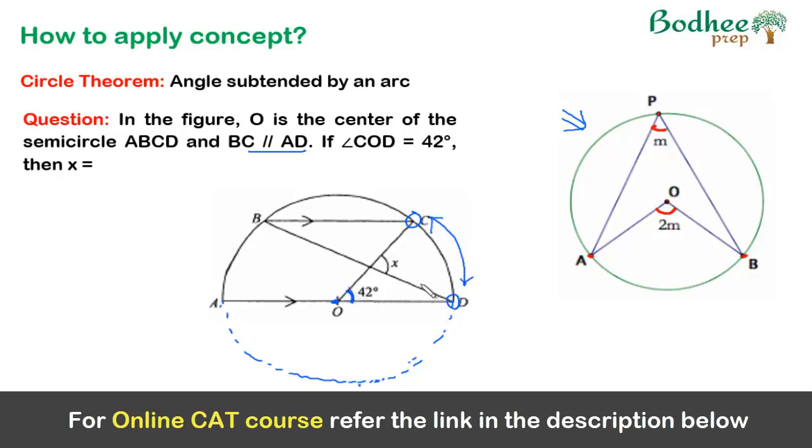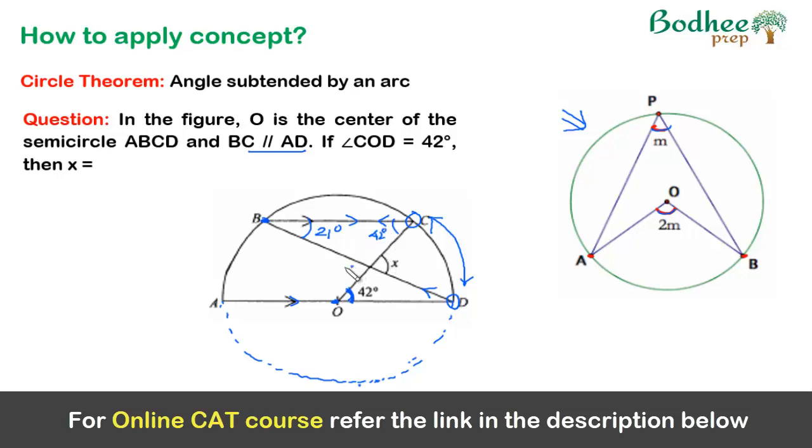Any angle found on the circumference will be half of it, right? So here again we can see that the next lines, originating from C and from D, are both converging at point B. So straight away we can say that this angle B would be half of 42 degrees, because the angle at the center is double that found on the circumference. So straight away this will be 21 degrees, right? Now since these two are parallel, we can apply this logic that these two will be equal, so that will be 42 degrees.